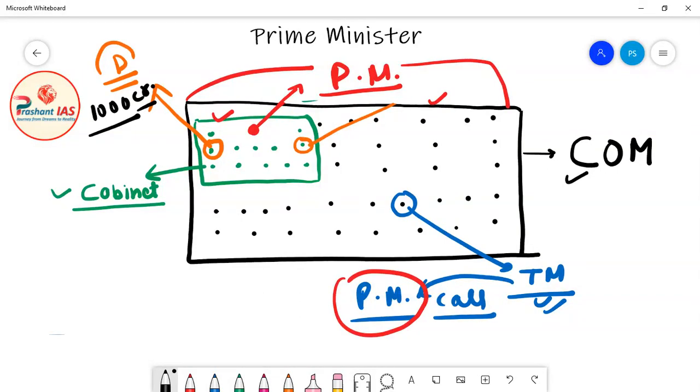But the Prime Minister of India is of the opinion that no, more budget should be spent on guns. Why? Because definitely if we have more quality weapons, if our guns are more advanced, then we can defeat enemies easily in the battlefield. So the PM is saying that no, you should spend 1500 crore rupees for the advanced guns.